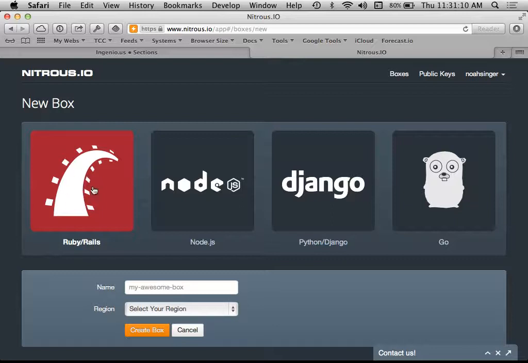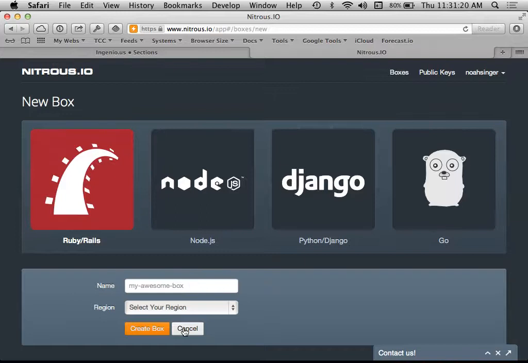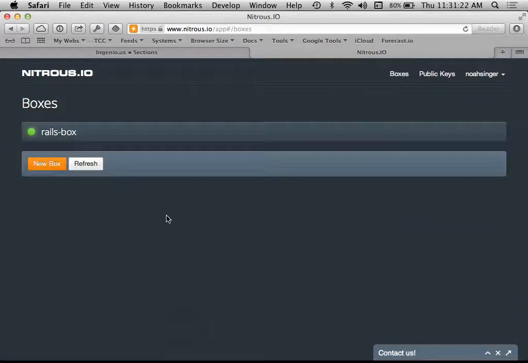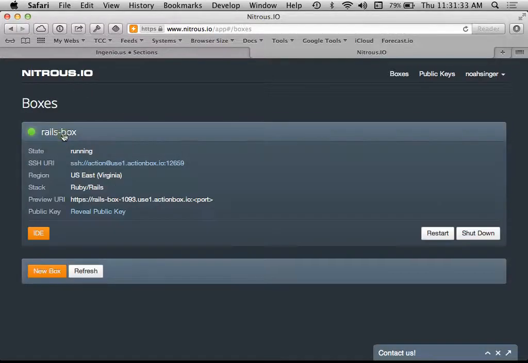So I could say I want it to be a Ruby on Rails box, and it would already have a good server, a good database, all the basics that I need installed for me. That's all good and interesting, but it's all pretty basic VPS type stuff though. What I think is particularly interesting about Nitrous.io is that once you actually do get your box set up,